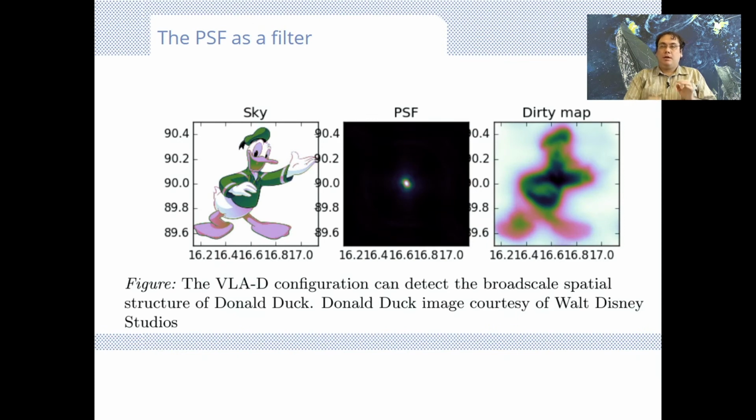So let's consider for a moment the effect of different length spacings. Let's look at the VLA in its D configuration here. The PSF, the instrumental response to a point source, is indicated here in the middle. As you can see, it's very broad, right? Because as we said, if we have an array that has only short spacings in it and no long spacings,